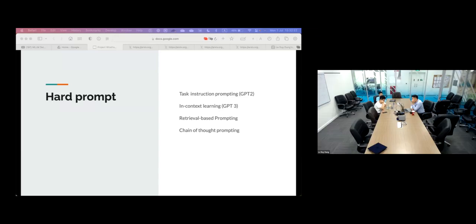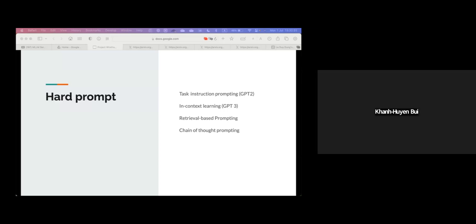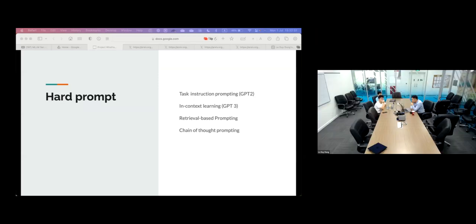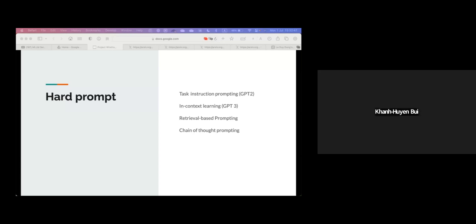So chain of thought is one way of improving the reasoning capability of large language models, right? Yeah, it's also about the logic. Yeah. How about vision language models? What is the equivalent of chain of thought for vision language model prompting? I think it's